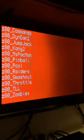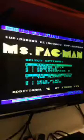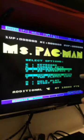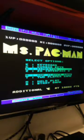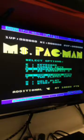Miss Pac-Man. So load Miss Pac-Man, and then this is Miss Pac-Man. Okay, that absolutely works, as you can see. If I don't press anything here, the game will go automatically into attract mode, demo mode. Okay, but we can stop it and